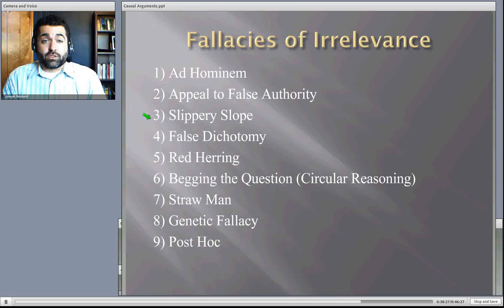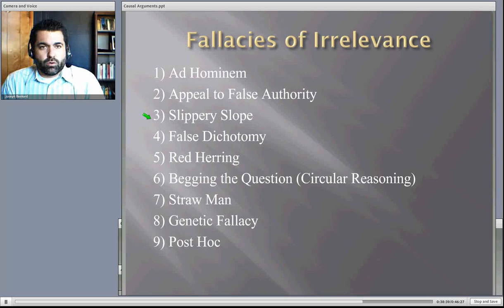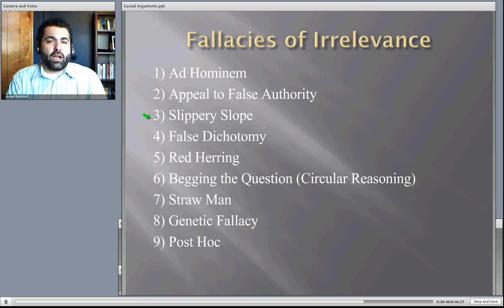Now, some dichotomies are real. It is either this or it's that, and that's okay. But if you're neglecting other options, then it's false. A famous example, I can't remember now who wrote the book, but I read it. It was really famous when I was in high school. It essentially puts forth the argument that we have three options with Jesus. He's either the Lord, who he says he was, he's a liar, or he's a lunatic. Right? You have three options: Lord, liar, lunatic. But of course, this is a false dichotomy because there are other options.